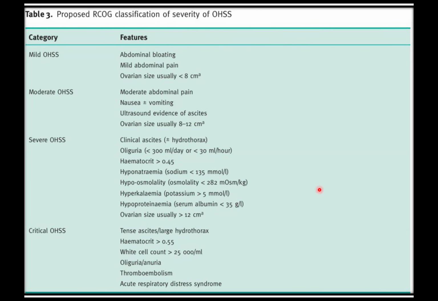Until now in the exam, the scenario has always come as moderate OHSS, 0.42 or 43 hematocrit, and with nausea and vomiting. So confusion was whether we will offer admission. So just remember, it is a combination of two guidelines. Even in the Green Top guideline, the bold points they have mentioned when we are going to admit the patient.